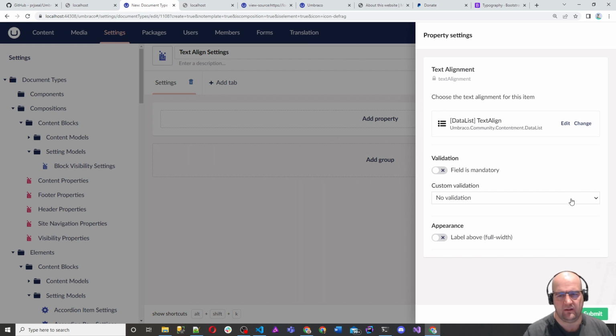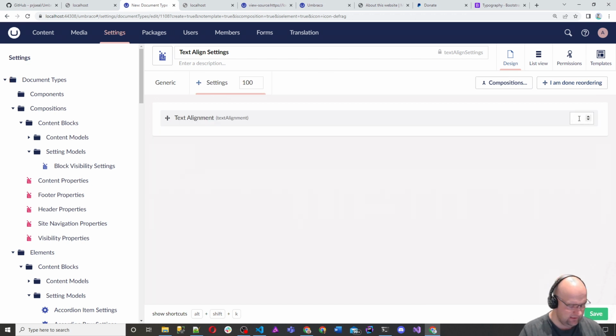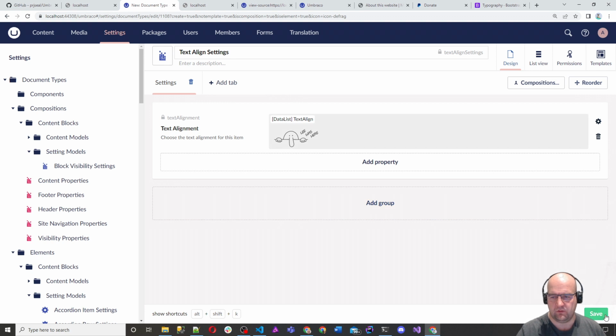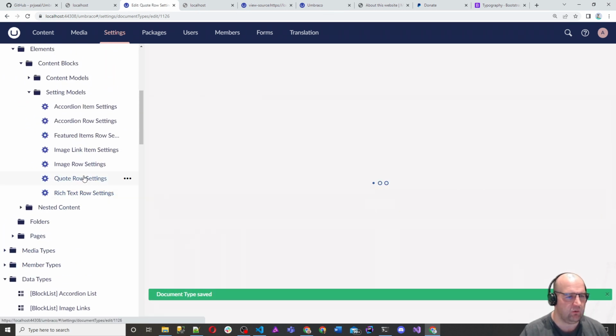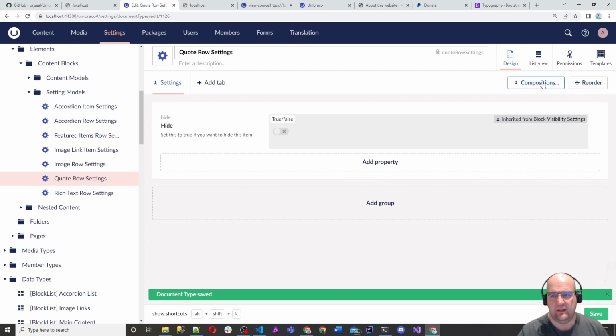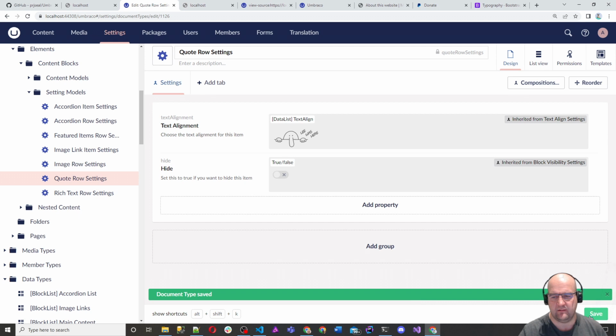Data list text align. And then submit. And we'll do a reorder and make this a 20. I'm done reordering. Save that. Now we can go down to our quote row settings, and then we can pick this text align settings and